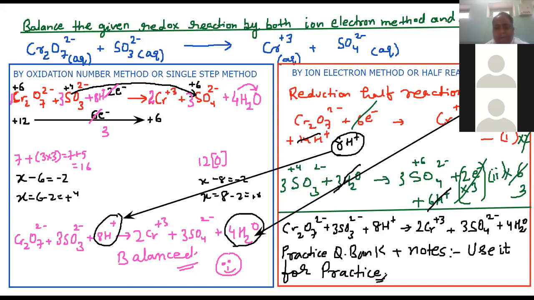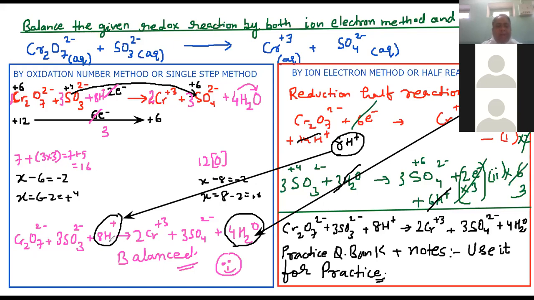Okay, now I told you that I will tell you one SOS trick. There was one child who was not able to balance the reaction in a single step, and he was not sure if the answer would be right or not. So he used to balance by ion electron method, and whatever final answer he got, he used to put it here in a single step. So this part he used to do in rough work, and the final one he used to write here. So if no method is mentioned, you can use any of these methods.